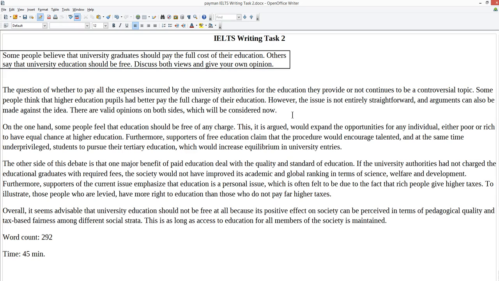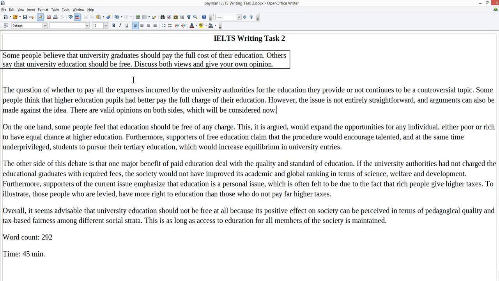Most examiners, and indeed, if you are writing essays at university, if that's your purpose in taking the IELTS test, most professors and tutors really don't like this kind of broad generalization, because it adds nothing to the essay, and you are never supposed to write something that you cannot prove. Who says it's controversial? Okay, so whether to pay all the expenses incurred by the university, well, that's not strictly the same thing as who should